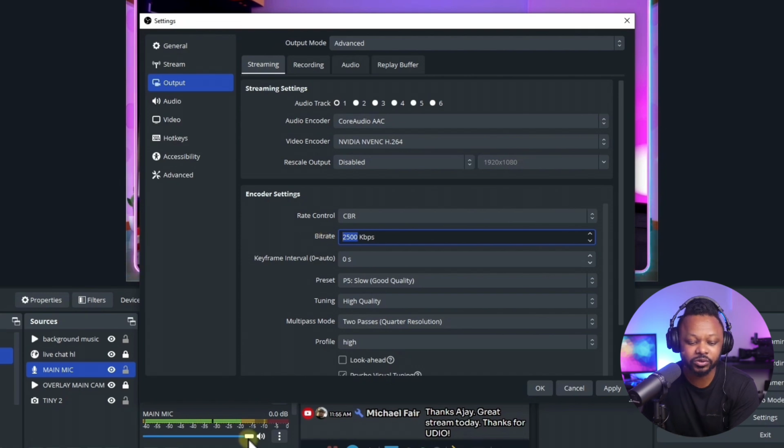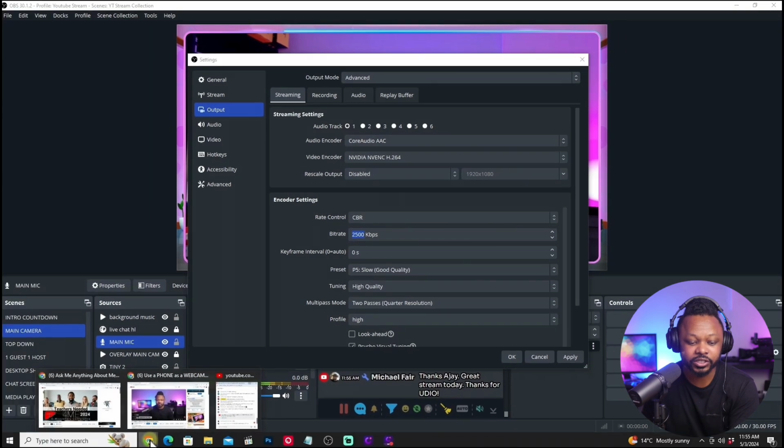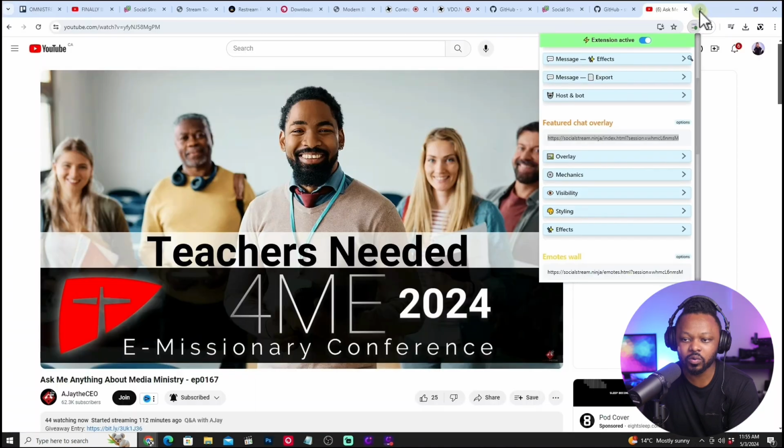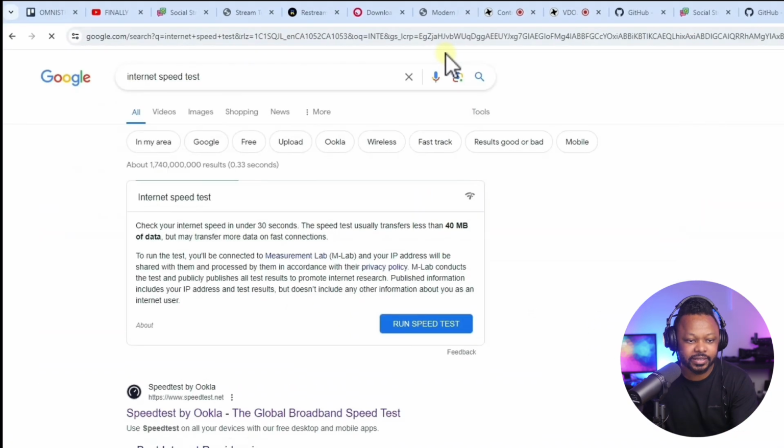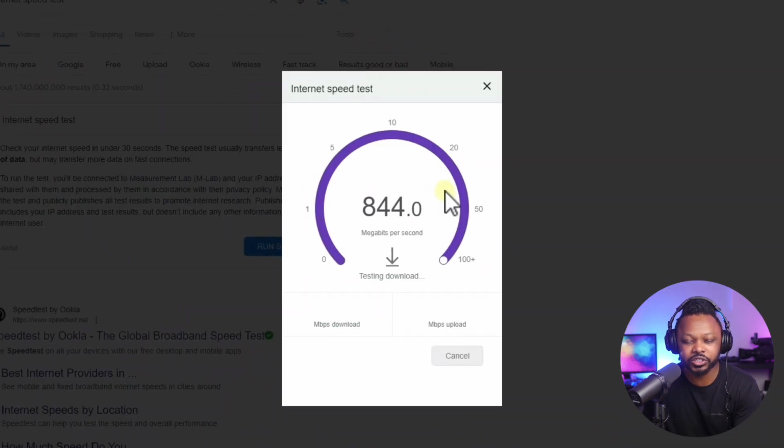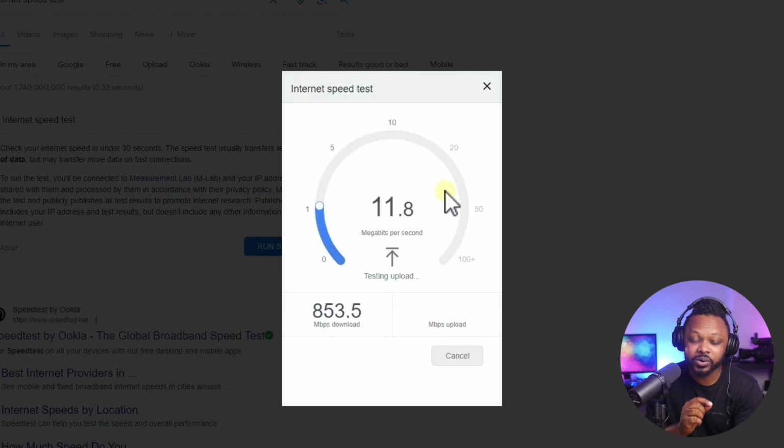Okay, I'm going to show you how to test your internet speed. You just need to go to Google and type in internet speed test. The first one by Google, just choose that one. Now, what you're looking at is your